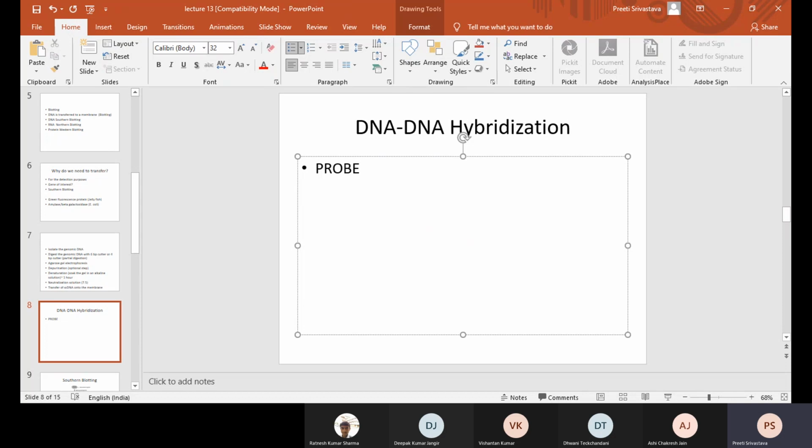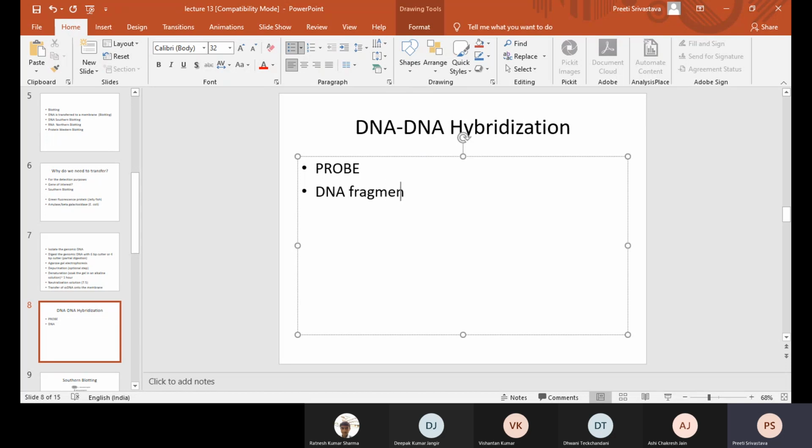By the name itself, by the English meaning, a probe is something which can probe, right? Which can identify. You're getting this point? So in this case, let's say if I'm interested in identifying the gene for green fluorescence protein, or the gene for alpha amylase or beta galactosidase, then the probe is going to